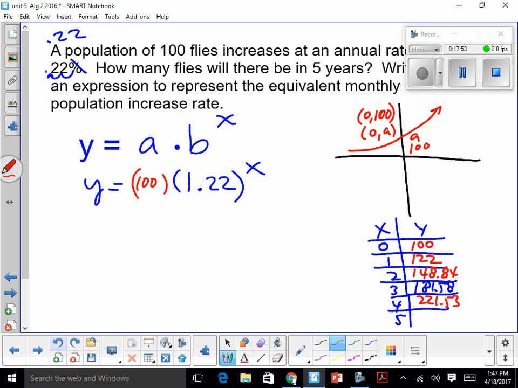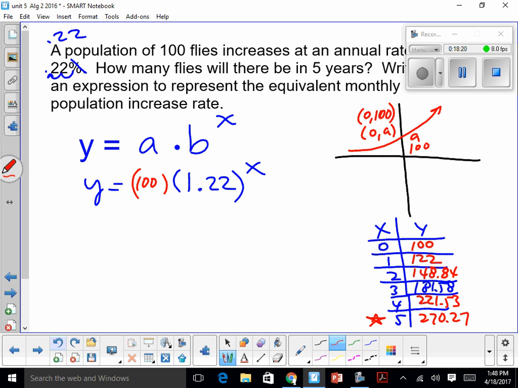Put a star next to that last one, please. This is just a reminder again that if you know how to use your y equals, if ever they ask you for a year, you can just go to table, and then your x is the number of years, and then of course from there it comes across. So this is one new thing in this last one that we didn't have to do last time. The second new thing is,